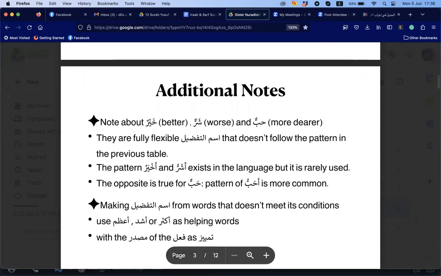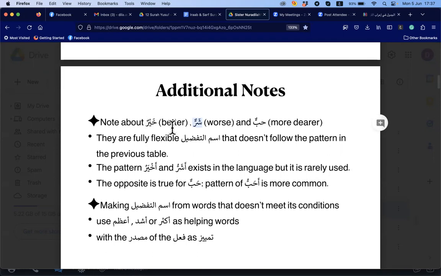Sharrun and khairun are going to be fully flexible, mu'rab. In the language, akhyaru and asharru actually do exist, but they are rare. The opposite is true for hab: ahabbu, the normal pattern, is more common than hab, although hab also exists. The fi'il is also like that. So you have to remember when you see sharrun and khairun, you have to